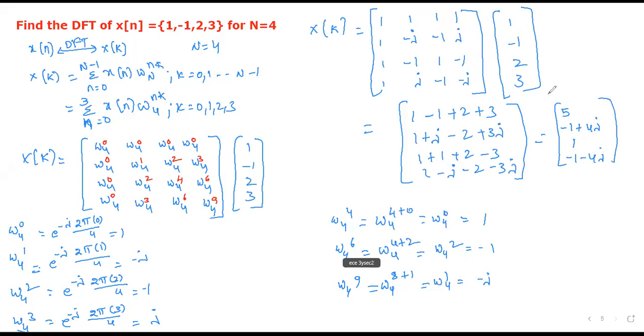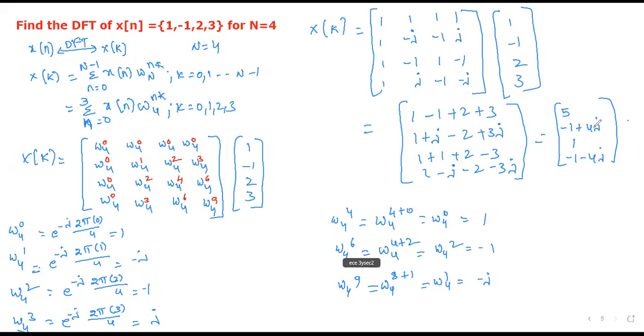See, here if you observe, the second row is the same as the second column, the third row is the same as the third column, and the fourth row is the same as the fourth column. And the final answer: if there exists a complex number, then its complex conjugate will also be